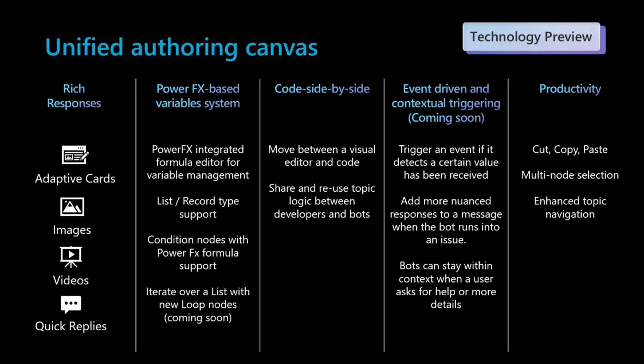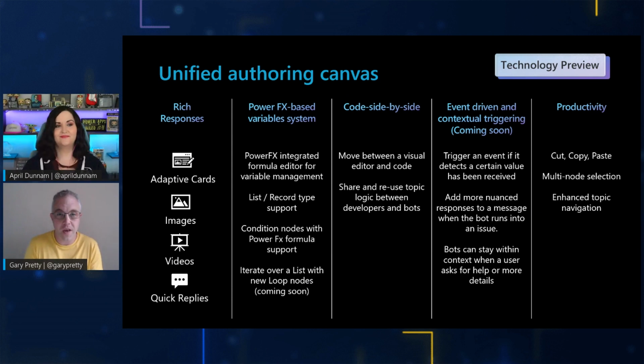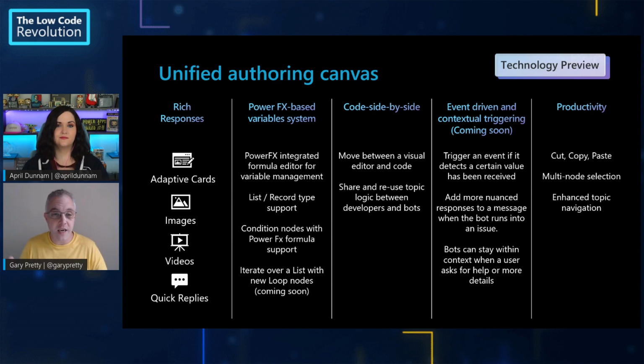We've also rebuilt the variable system, and it's now entirely based on Power Fx, which means that you get the low-code, Excel-like formula language that's used elsewhere in the Power Platform, now powering everything within Power Virtual Agents, allowing you to assign values to variables. You can now assign values to variables anytime rather than having them tied to specific nodes. And you'll see later on when I do a demo how this also impacts things like adaptive card authoring for dynamic cards.